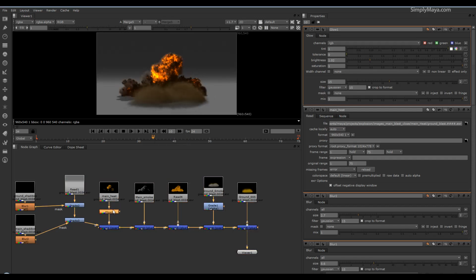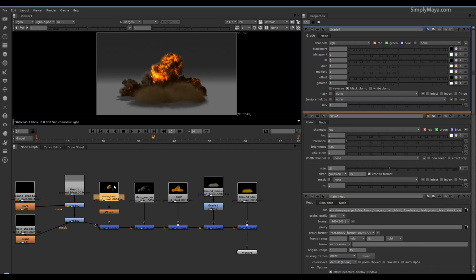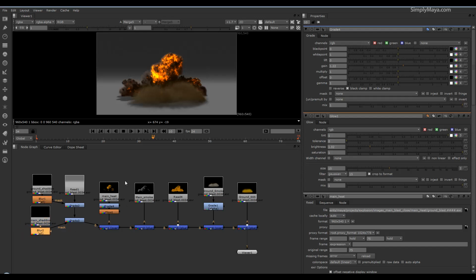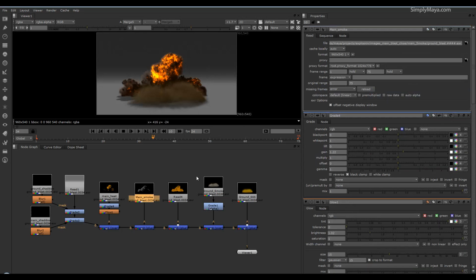That's about enough for me. I might put a grade in here, so just G, and up the gain a bit. So all of this work that we've done to get these passes out all becomes worth it in the end, for the simple degree of control that we now have in our compositing app. Now you could then go on, add grade nodes to the smoke,